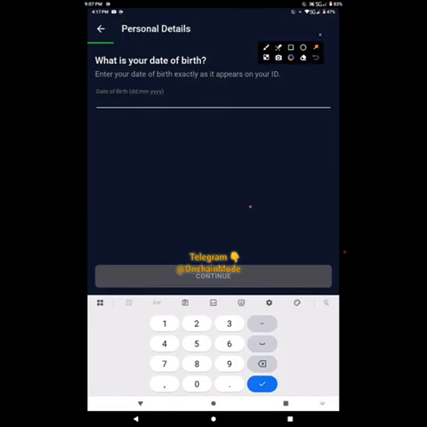Just go ahead and insert your date of birth right here. So what you are going to be doing is just type it. The way you see that double D means the date. So you type your date, and then you put a dot, and then you type that M means month, your month of birth. So you insert your month of birth, and then that 4Y means the year you were born. So you insert the year you were born, and then you go ahead and click on continue, and then it's going to take you right here. You can see here, this is how it is going to look like. Then go ahead and click on